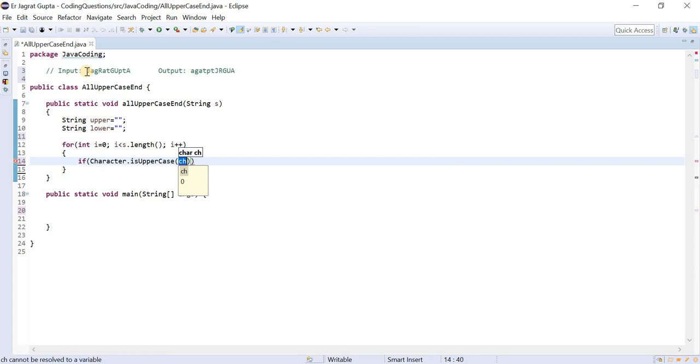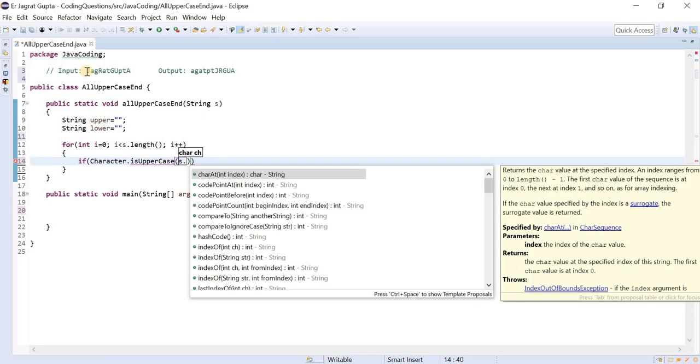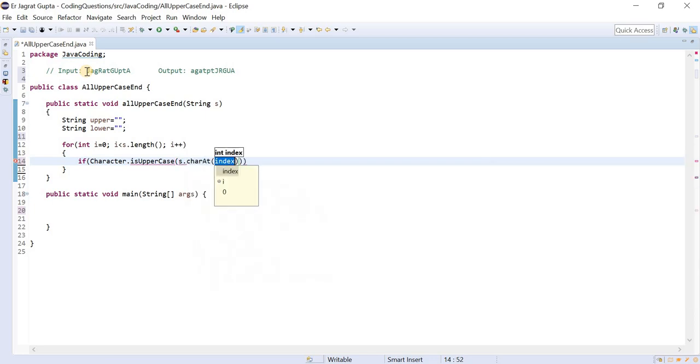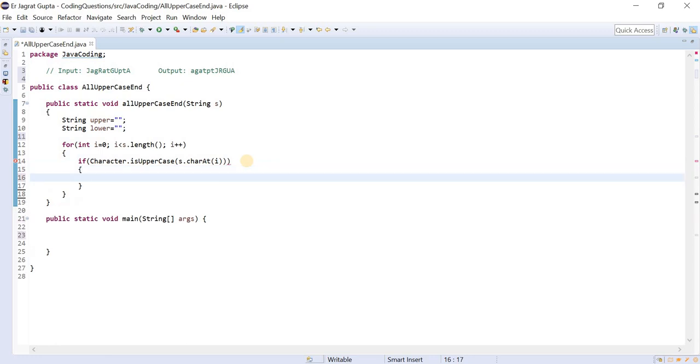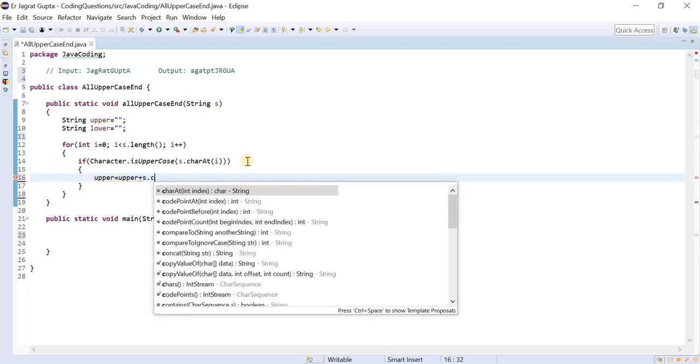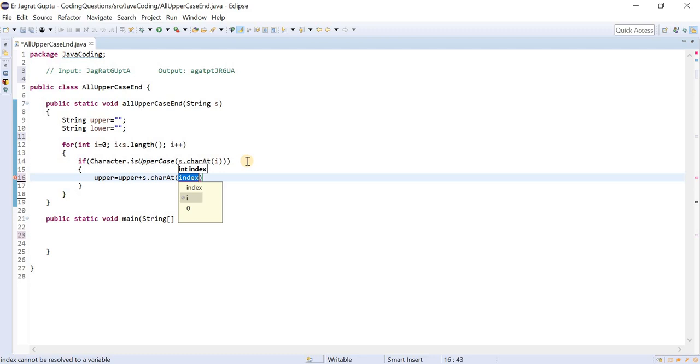This method will check whether a particular character is uppercase or not. Here I will extract that character, s.charAt(i), that I've already told you. If this is an uppercase character, then I will store it in the upper string variable: upper = upper + s.charAt(i).